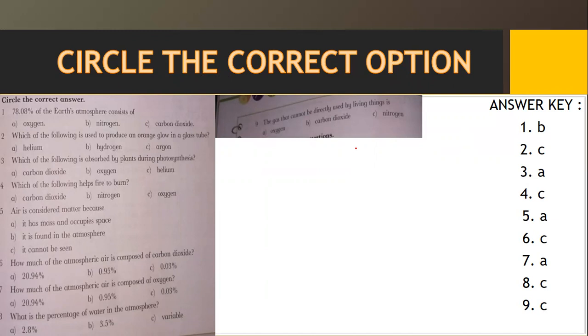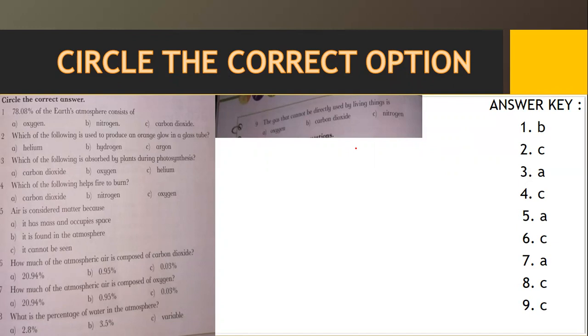Number 6. How much of the atmospheric air is composed of carbon dioxide? 20.94%, 0.95%, 0.03%. The correct option is C. How much of the atmospheric air is composed of oxygen? 20.94%, 0.95%, or 0.03%. The correct option is A, which is